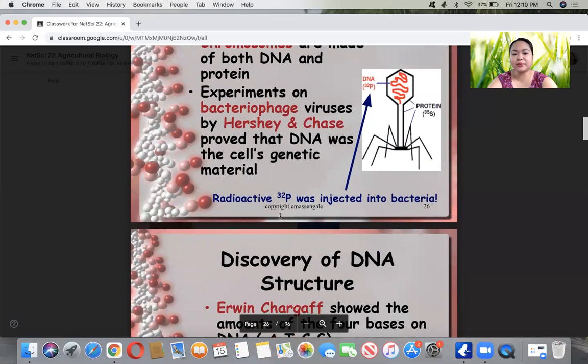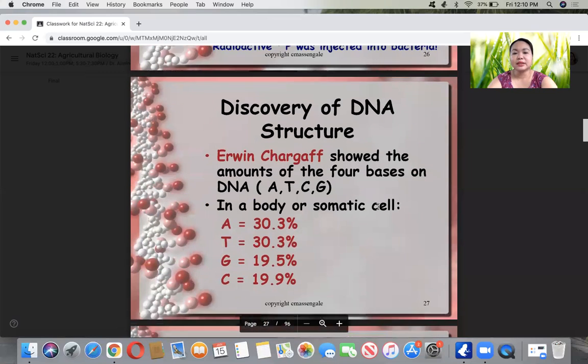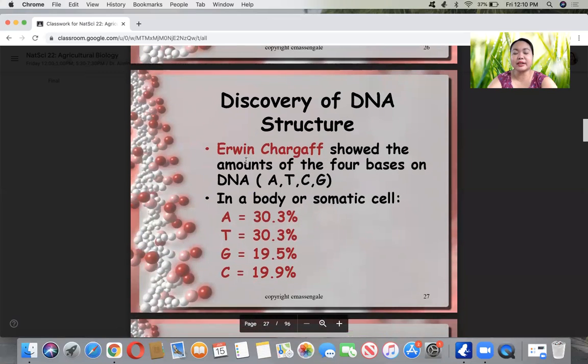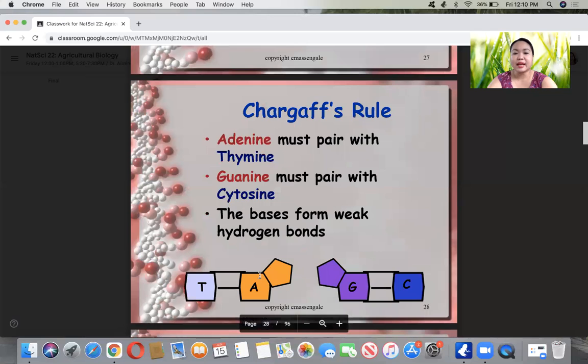So in this, the radioactive 32P was injected into the bacteria. So the discovery of DNA structure actually began when Erwin Chargaff showed the amounts of the four bases of the DNA, A, T, C, G. In body or somatic cells, it has 30.3% adenine, 30.3% thymine, 19.5% guanine, and 19.9% cytosine. Adenine must pair with thymine and guanine must pair with cytosine according to Chargaff's rule, and the bases form weak